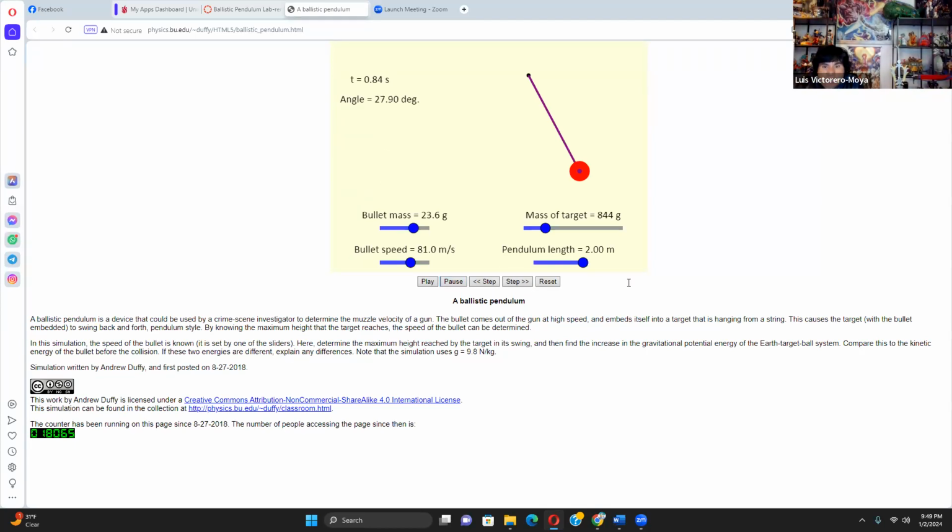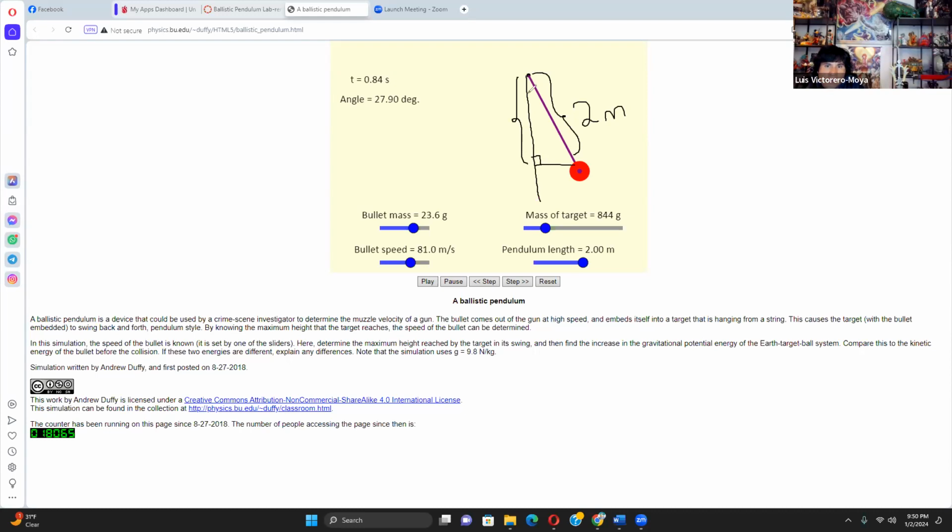The bullet with 81 meters per second strikes the pendulum, or the target, and then after the completely inelastic collision, they both go up a certain height. You can find that very easily by using the length of the pendulum. Right? If you know the length of this, which is 2 meters, you can draw a triangle here. And then you can find